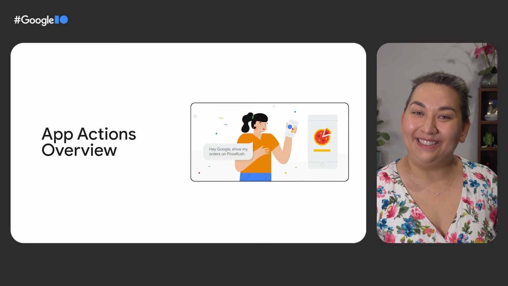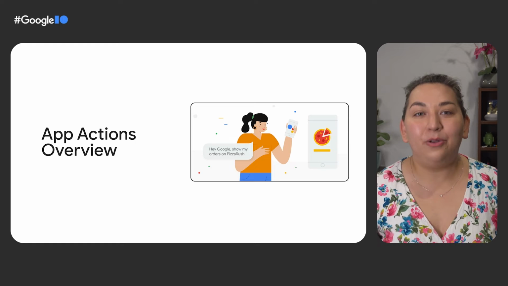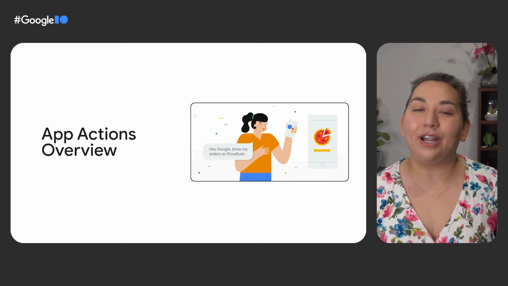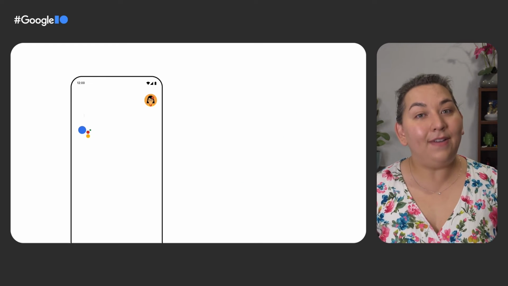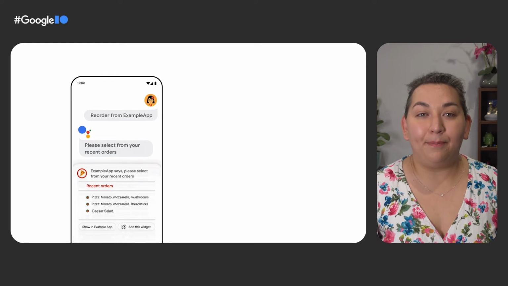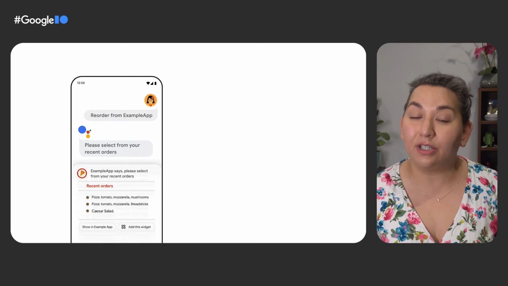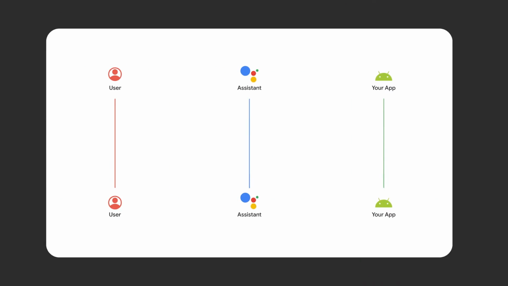Let's jump right in. App Actions is how you can integrate Google Assistant into your Android app. Instead of having the fulfillment of the user's query be the launch of an Android app, the app's widget can be surfaced on the Assistant's UI. For this workshop, we'll be working on a fake exercise app where users can get information on their latest exercises.